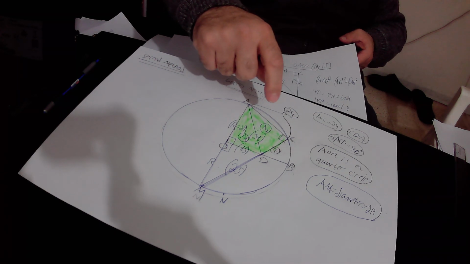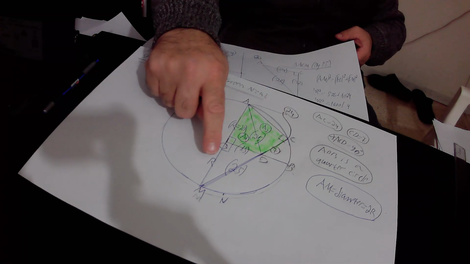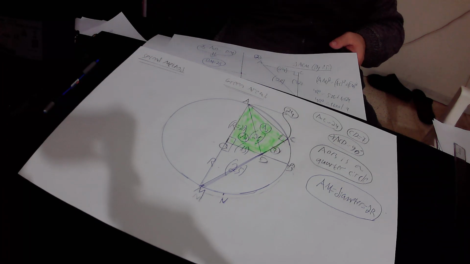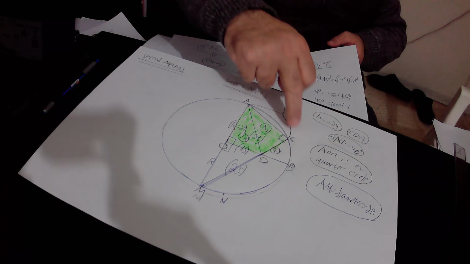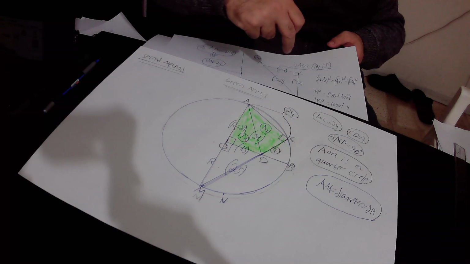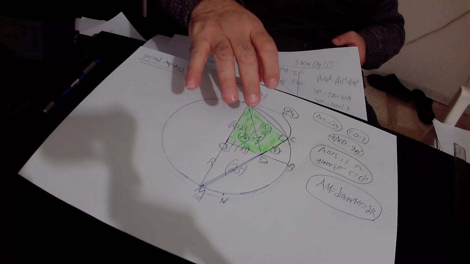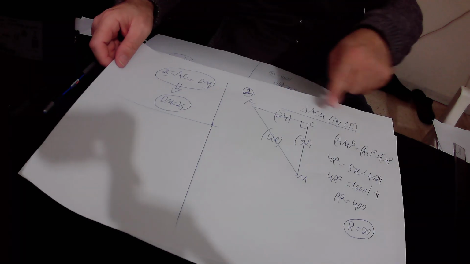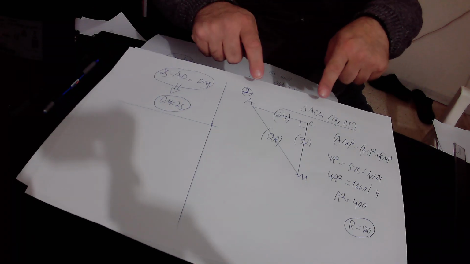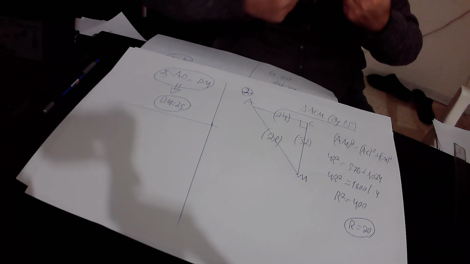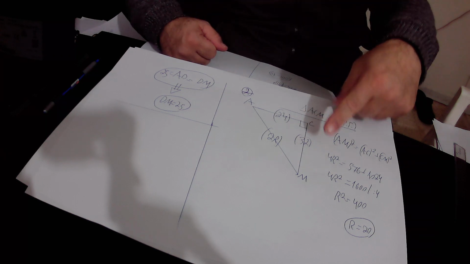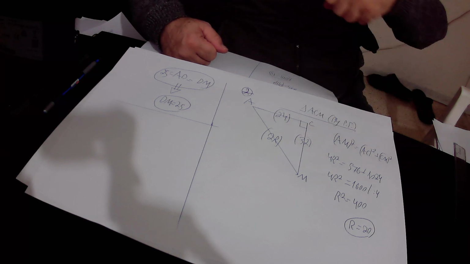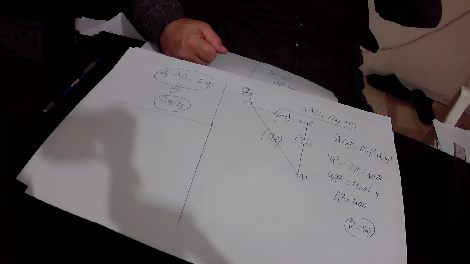25 plus 7 is 32, so in total CM equals 32 units in its length. Then I copied the right angle ACM in a new page and implemented the Pythagoras theorem. This is the right angle ACM that I copied from the original drawing. AC equals 24 units in its length, according to what is given in the question. We just found out that CM equals 32 units in its length, and the diameter of the